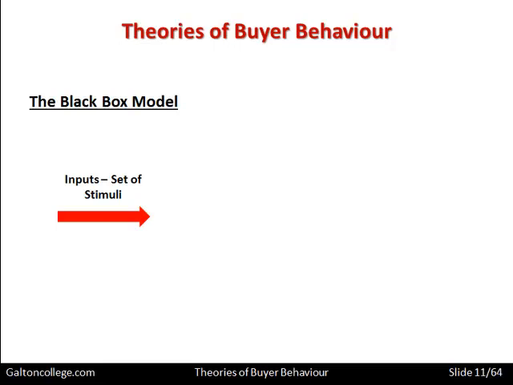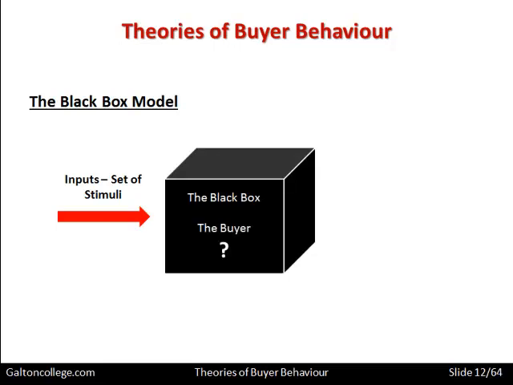We receive the stimuli, and then we process it. We process it in our minds, but the way we process it, that's not understood. We're the buyer, and it's a black box, and it's a question mark. What's going on in the black box? And then we have the outputs, the set of responses. Sometimes the responses are fairly predictable. The price goes down of the product, we're regular purchasers, and therefore we purchase more. But sometimes the responses may be perverse or maybe not expected.